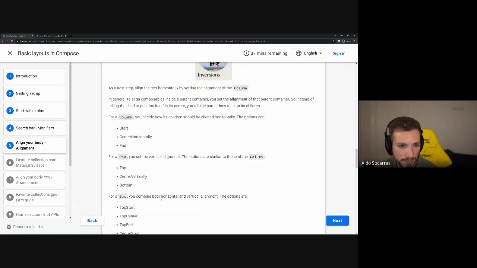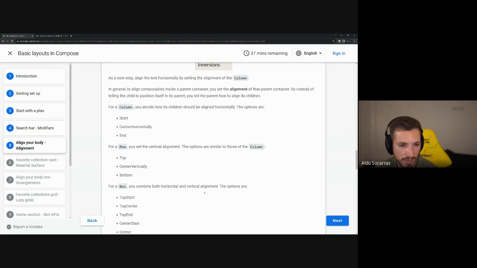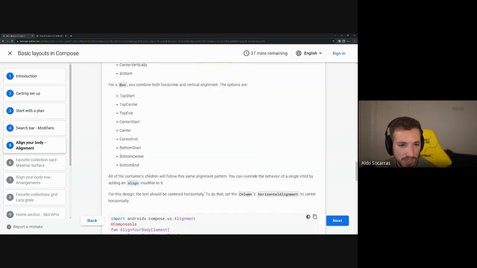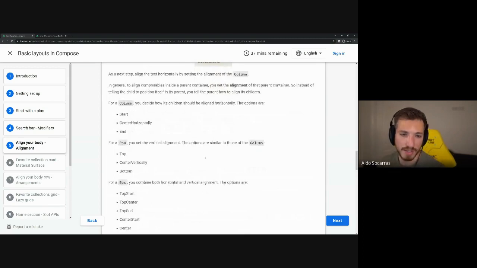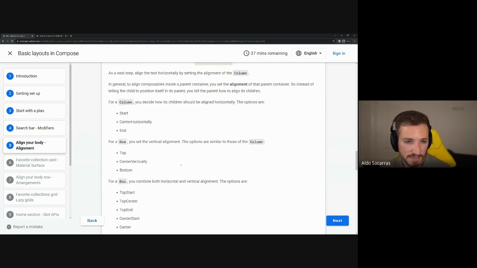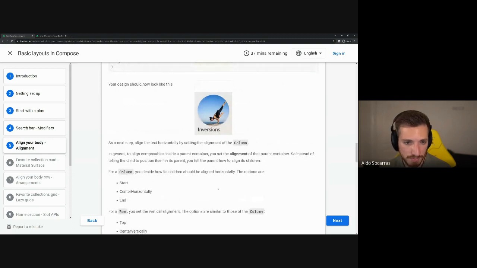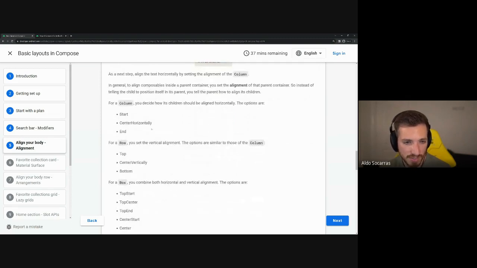for a row, you're going to have the top, center vertically, and bottom. And then box has all these different ones. So all of them will follow that, but you could override the behavior. So basically, what I understood from that is that we want to set some sort of default behavior for the children, and then have the children override it if needed. But this should be matching what we want most elements to look like. So since we want most of this to be centered vertically or horizontally, this is what we're going to be using. And then